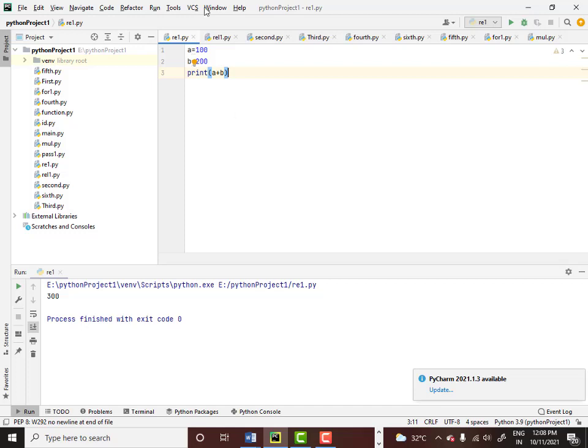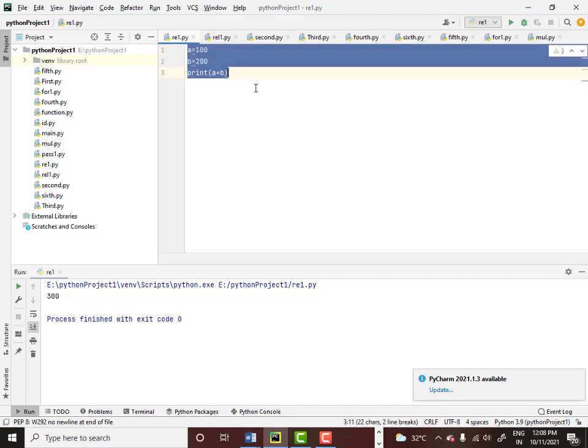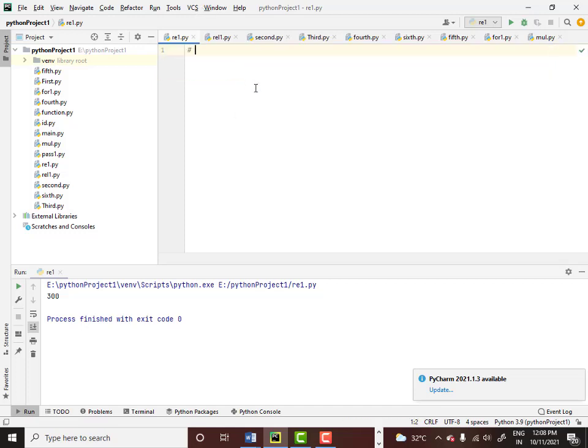In order to do that, you have to make use of one function called input. There is a function called input. This is a function which basically helps you to perform interactive processing in Python. The name itself says input, meaning you are prompting the user to input some value. Okay, then how do we make use of this particular input function? Let's take one simple example.